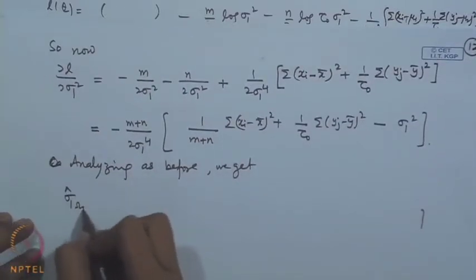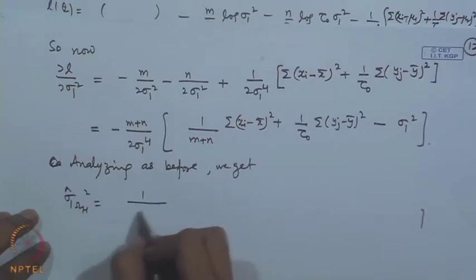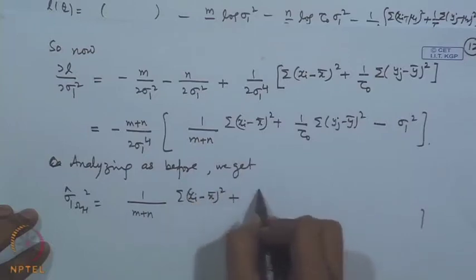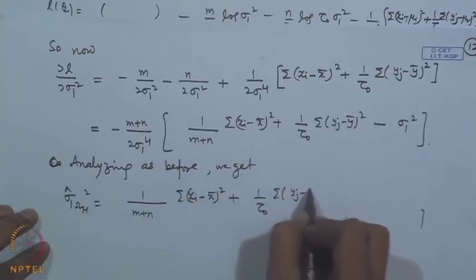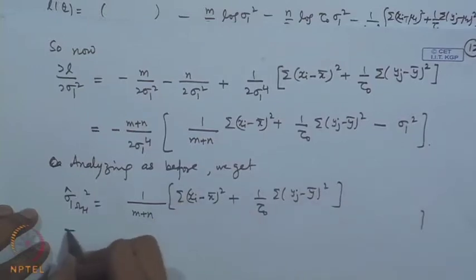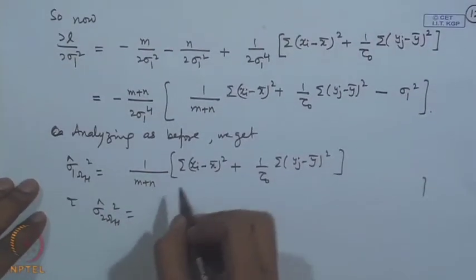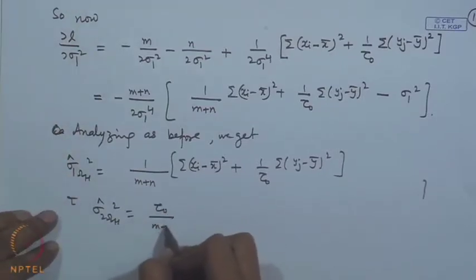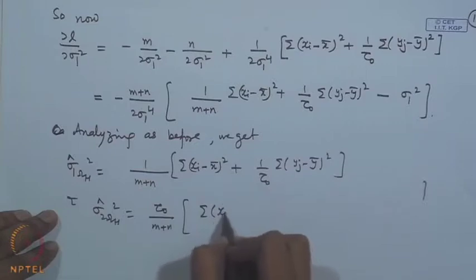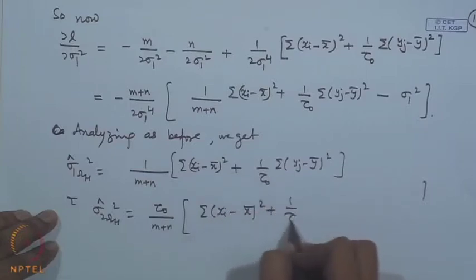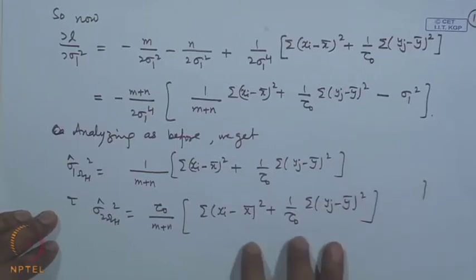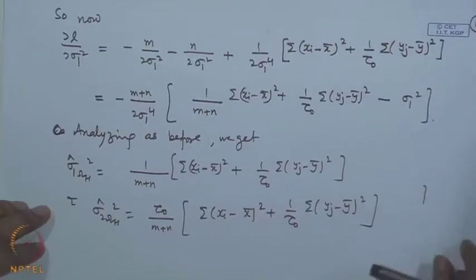sigma 1 omega h head square is equal to 1 by (m plus n) sigma (x_i minus x bar) square plus 1 by tau naught sigma (y_j minus y bar) square, and sigma 2 omega h head square is tau naught times this. So, it becomes tau naught divided by (m plus n), and the same term here, sigma (x_i minus x bar) square plus 1 by tau naught sigma (y_j minus y bar) square. So, these values then I substitute in the likelihood function to get